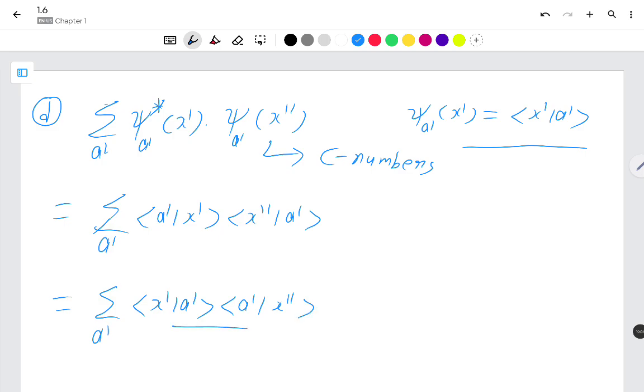We can use the completeness here, and this will give us x prime, x double prime, which is nothing but, or if it is a continuous basis, this